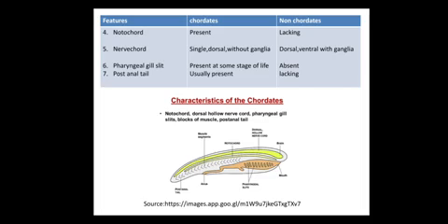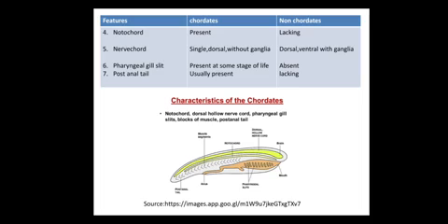You can see the next character is the notochord. Here we can see the notochord, nerve cord and the pharyngeal gill slits. These are the three basic main features of chordate organisms: the presence of notochord and pharyngeal gill slits at the early embryonic stage of life. Chordates show the presence of notochord. So what is notochord? Notochord is a rod-like supportive structure that gives strength to the organism.